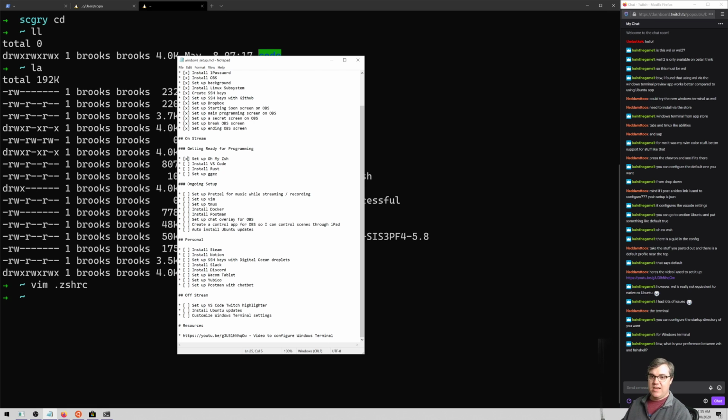Next up, VS Code. By the way, what is your preference between ZSH and Fish Shell? I have a friend who used Fish Shell quite a while, and he eventually switched off of it. It felt really nice when he was using it, and it gave you a lot of stuff for free, but I can't remember exactly why he switched off of it.